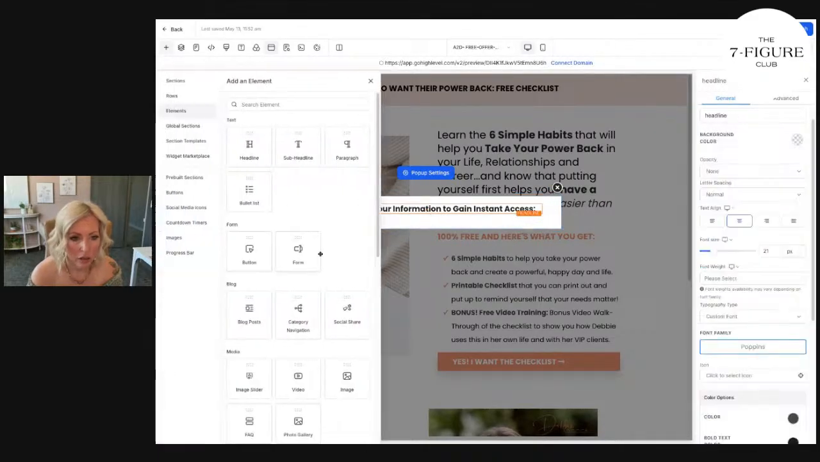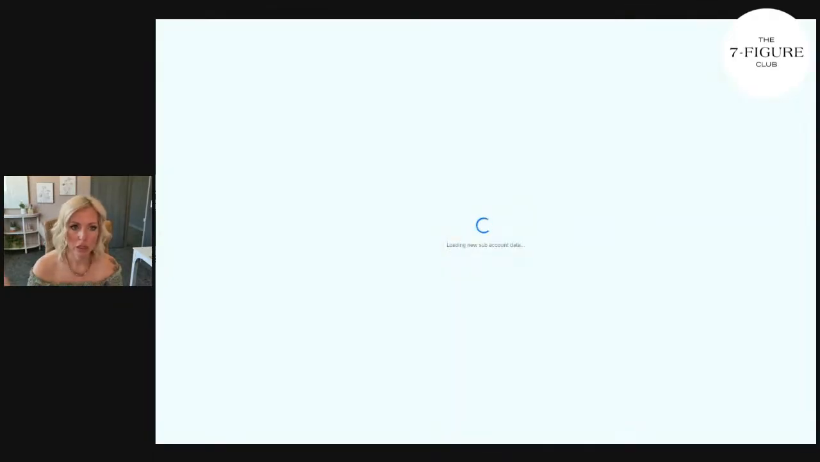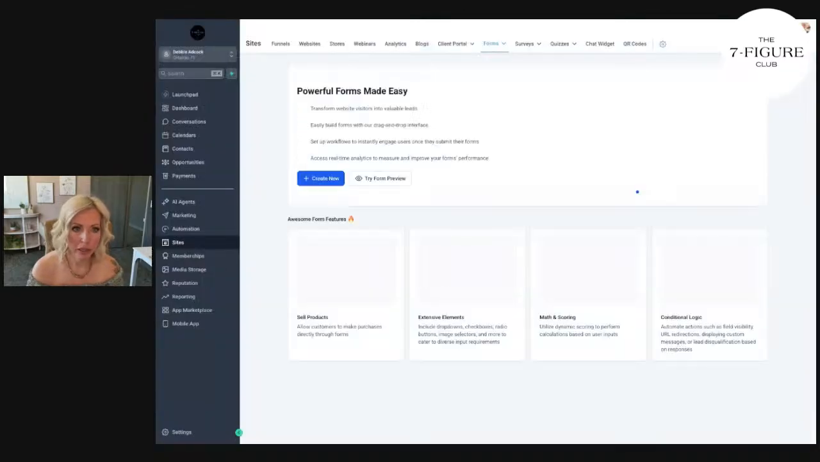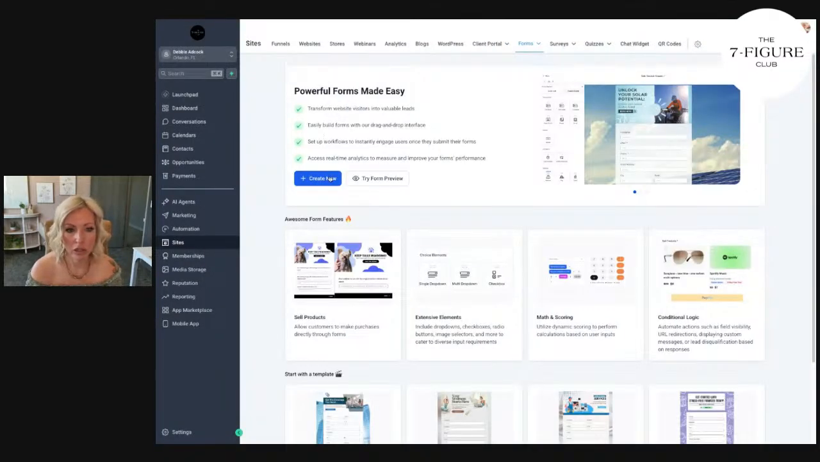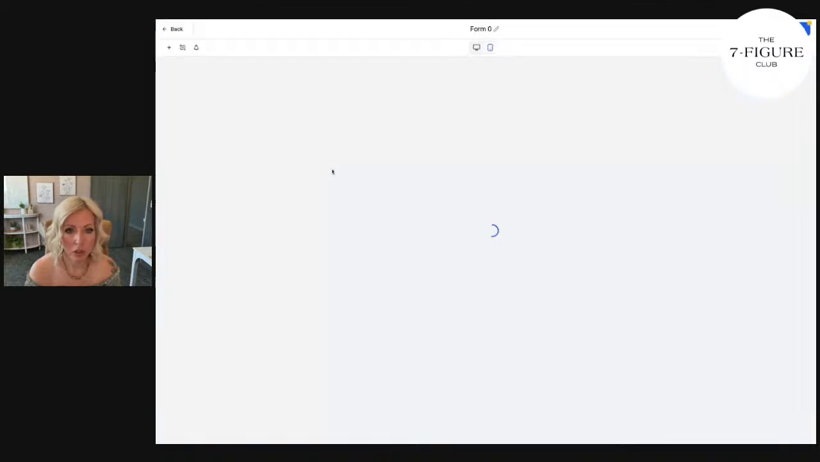And we're going to add a form. Okay, so now we're going to go to Form Builder. So really you want somebody's name, email, cell, right? So we're just going to create a new one. Now, if you added this from my A2D, it should have added all this for you into your forms, but